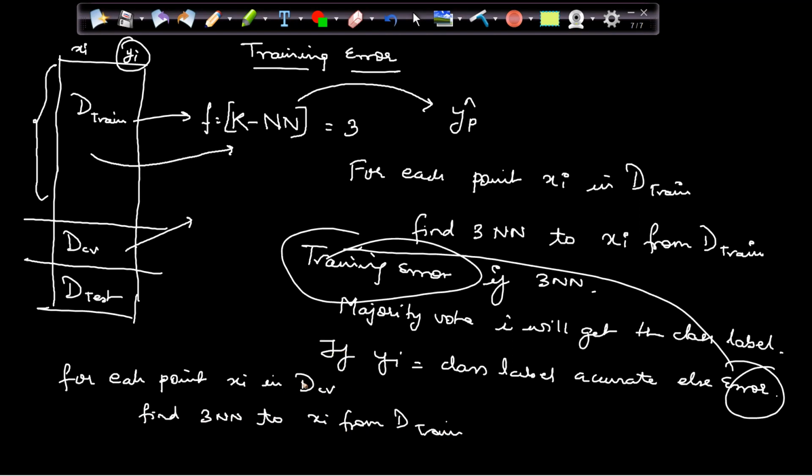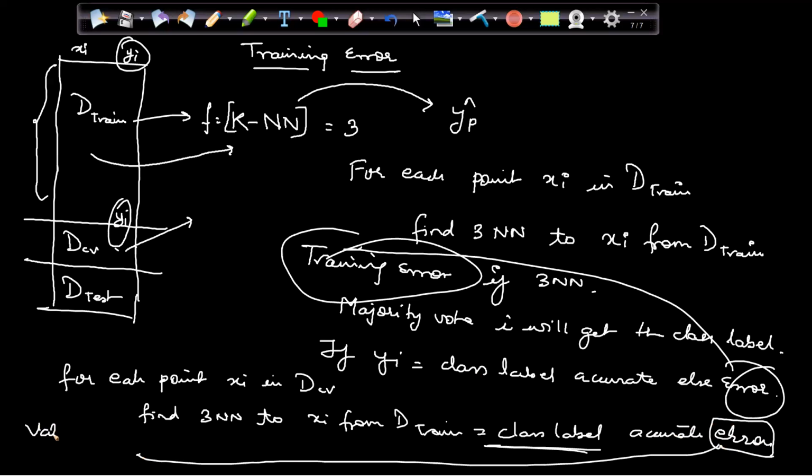I will take DCV data and I will get the distance from the train. I'll get some predictions. I will get the class label, and if this class label is matching with my original yi here, which is on the CV, then it's accurate. Else error. Here also one error coming in, and this error is known as validation error.